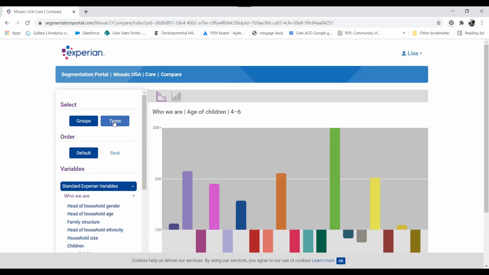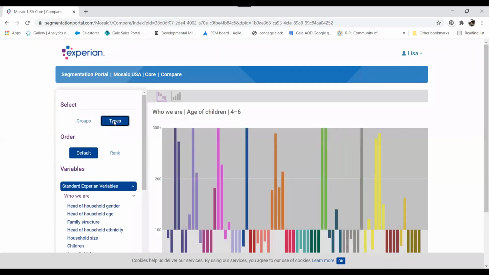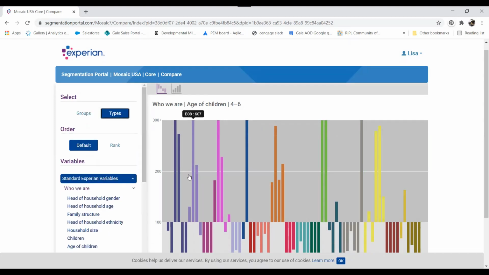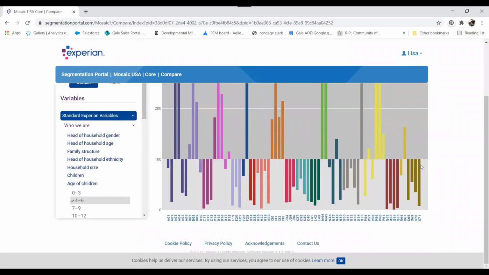Now, if we wanted to look at the more granular segments, we would click on Types on the left-hand side here, and now we're looking at those relativity index values for each of the 71 Mosaic segments. Here we'll see that it's sorted by the default, so it's in order from A01 all the way down to